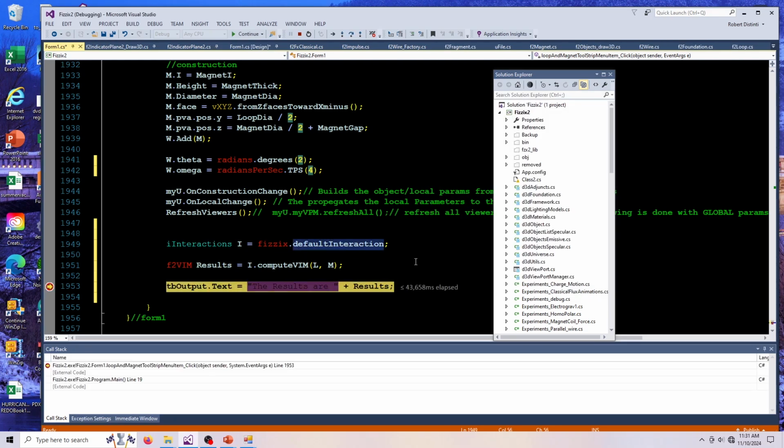Okay, the default interaction just allows you to select one of the interactions from the main sheet, the ones that are selected from the main sheet. I'll show you that in a second. You don't have to do that. You can just say new